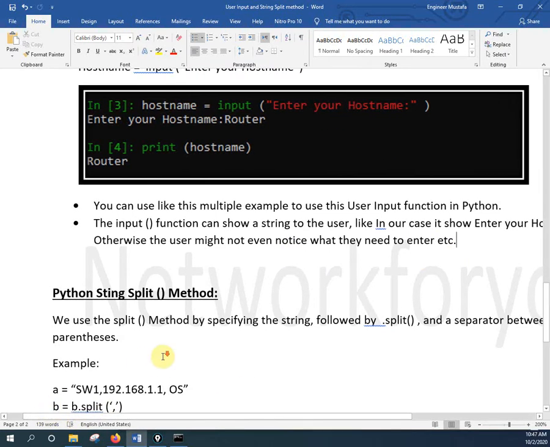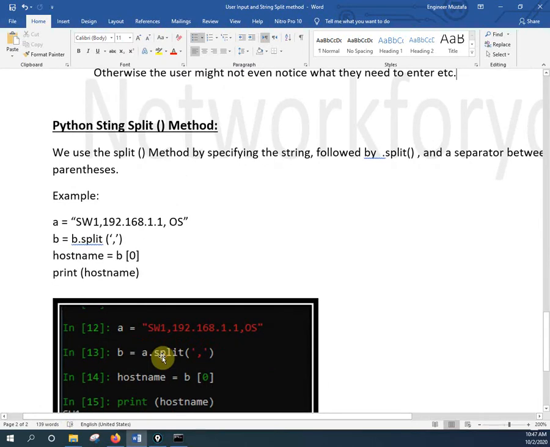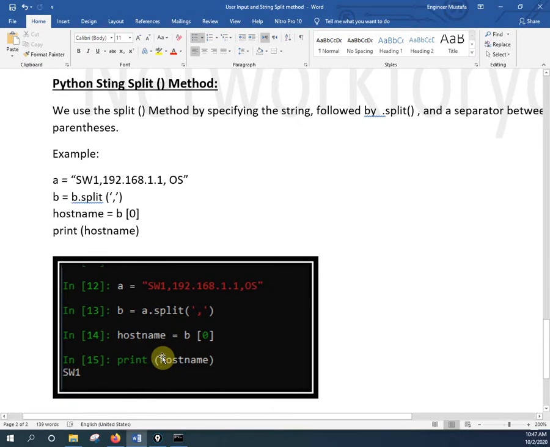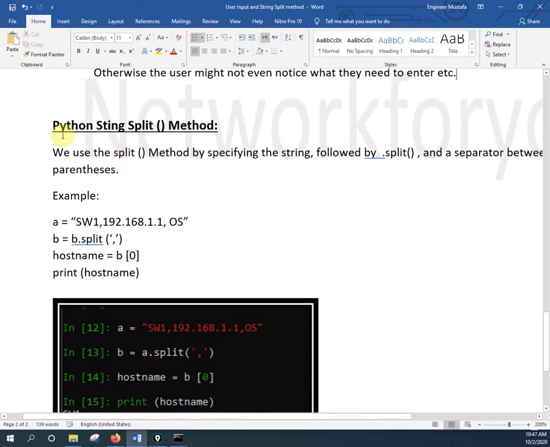Now the second part, the next one, Python string split method. Like we have any string, we need to split, we need to organize in a way. How can we do it? In this video we are going to learn this method, and in the next video we will discuss some more detail with different methods also. So here what we will do,